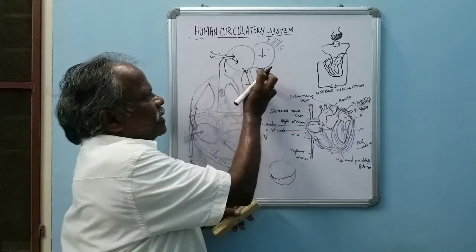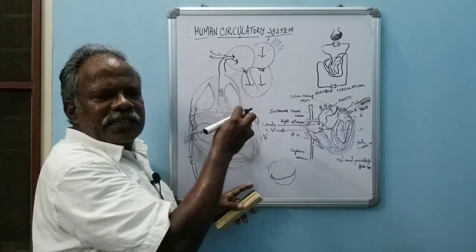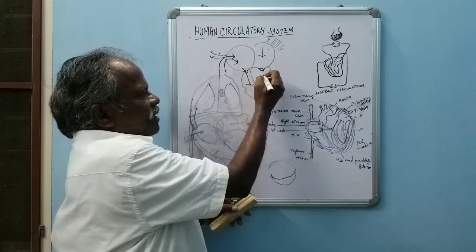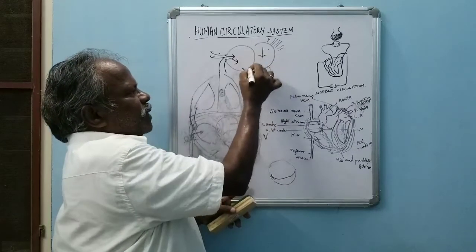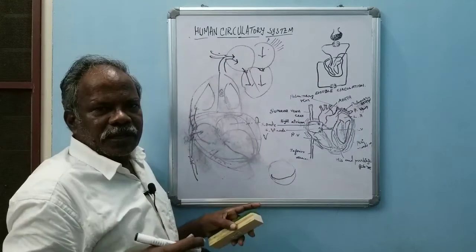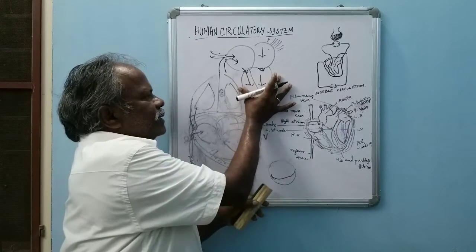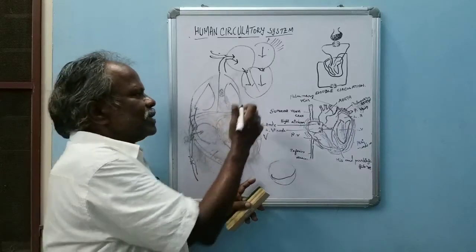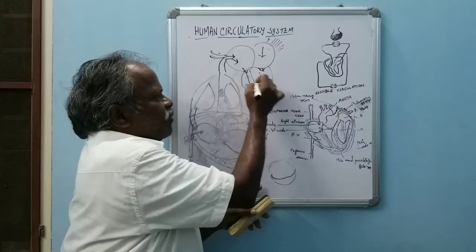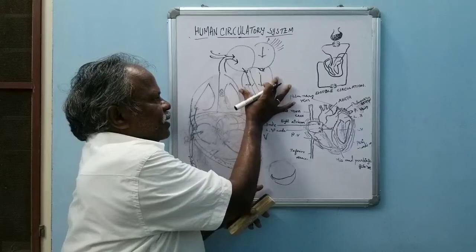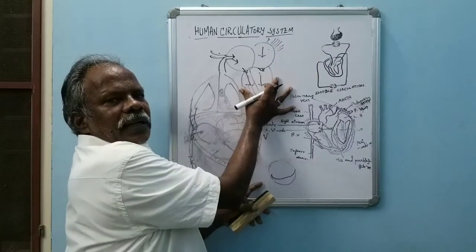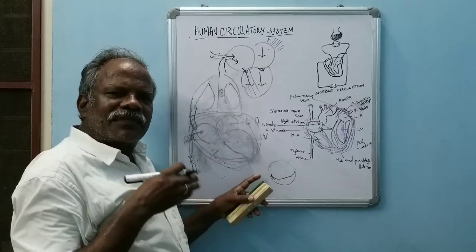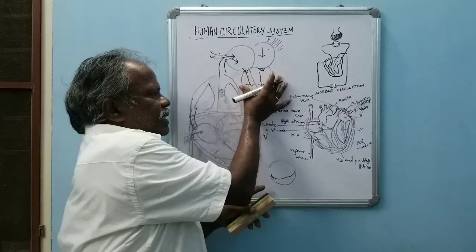Now what happens, by the triggering of the sinoauricular node and sinoventricular node, the ventricle contracts. By the closing of the valves, the backflow of blood to the auricle is prevented. Now the ventricle triggers and contracts, because the chordae tendineae, His and Purkinje fibers are there. By the process of the His and Purkinje fibers, some minus millivolt is also generated there, and it is self-excited in nature, so the ventricle contracts.